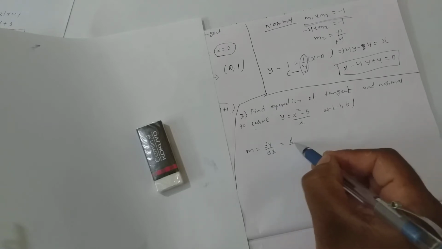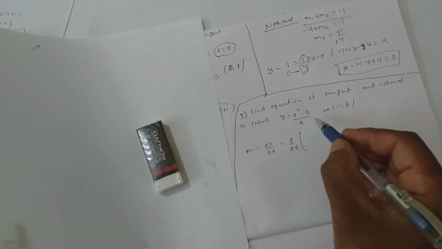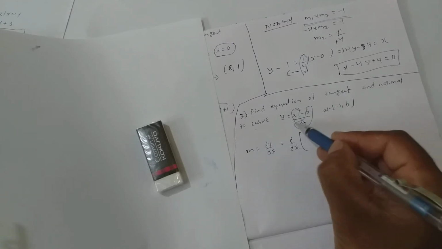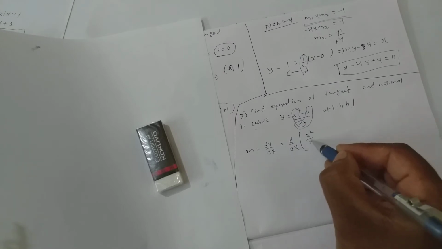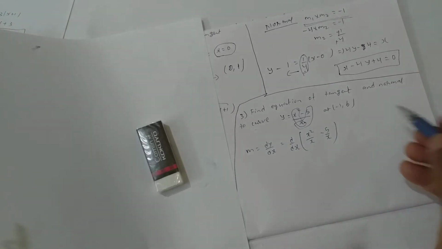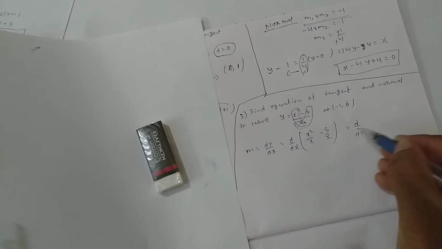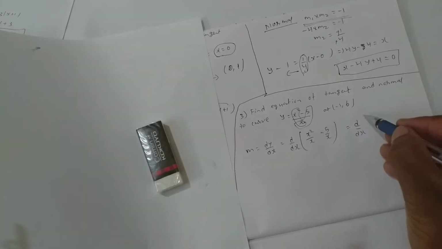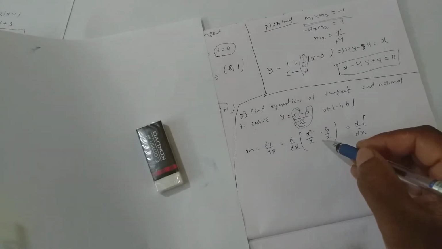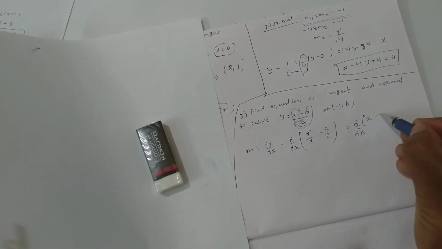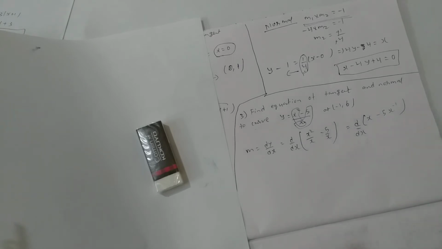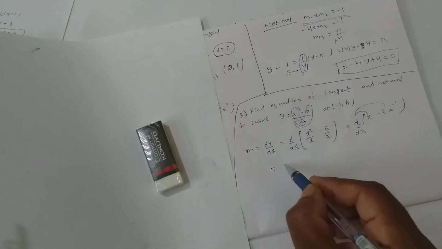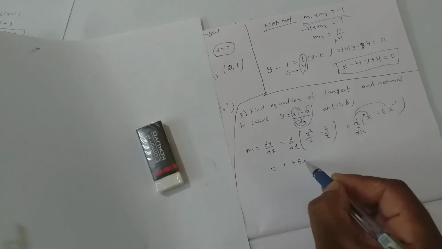So which is d by dx of. I cannot find slope directly here, so I split it. So it becomes x square by x minus 5 by x. No doubts in this, right? I have been doing this in trigonometry as well, even in earlier videos of differentiation. So it becomes now x minus 5 into, take x to the top, x power minus 1. Now this applies to this and also to this. It becomes 1 minus of minus, plus 5 into x power minus 2.